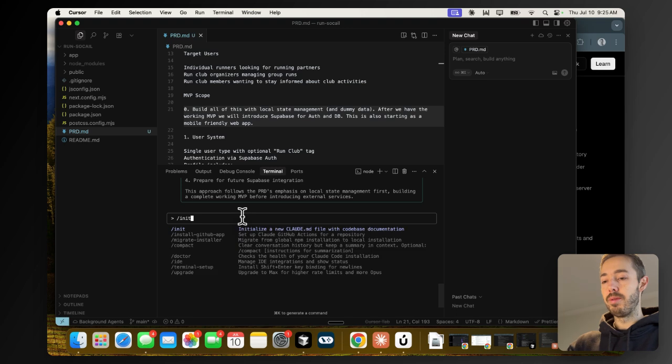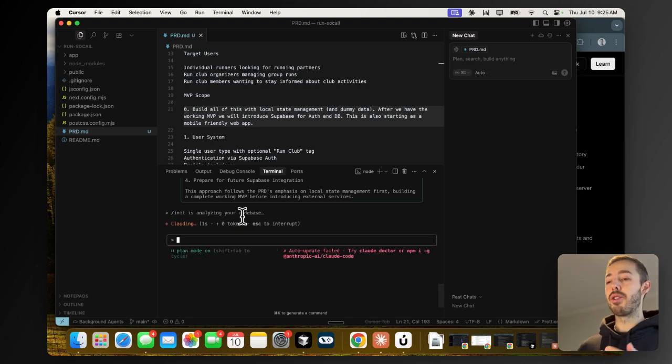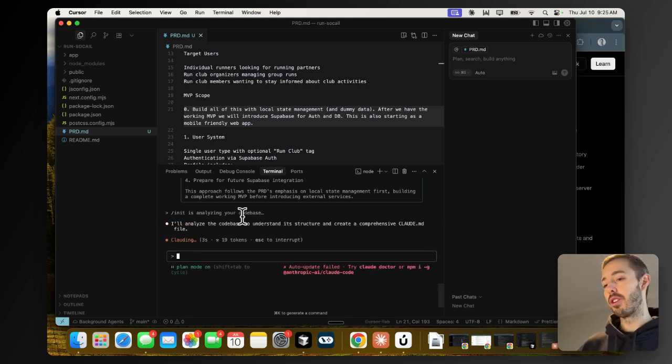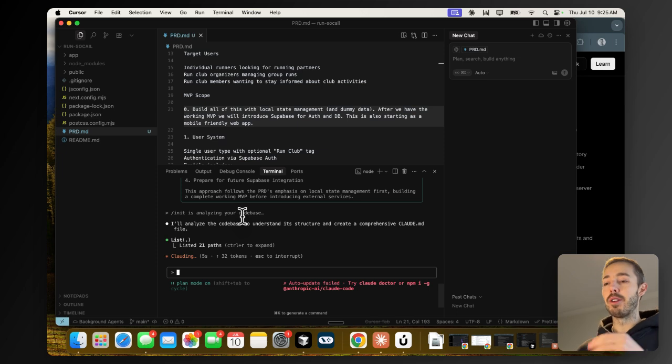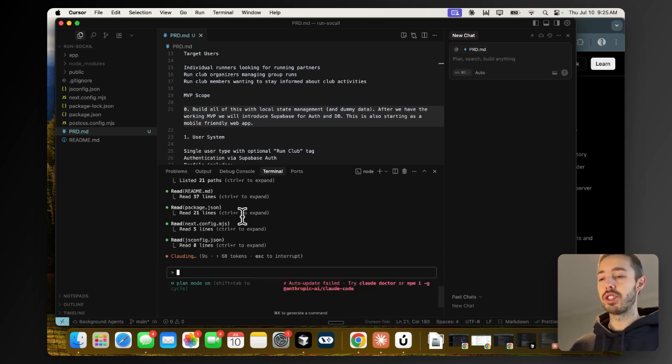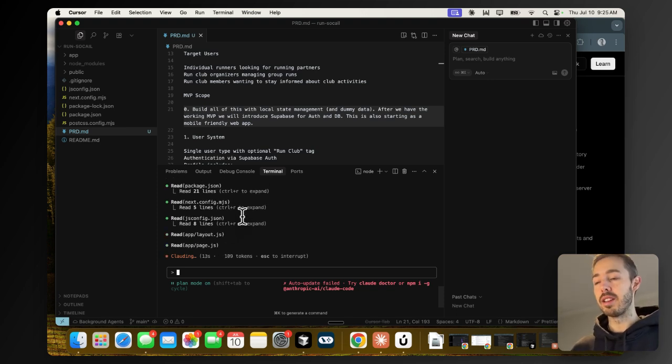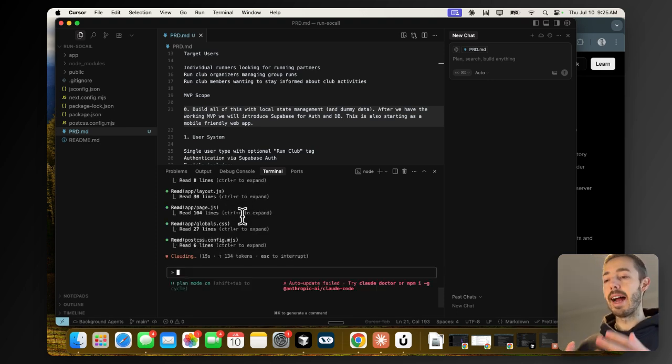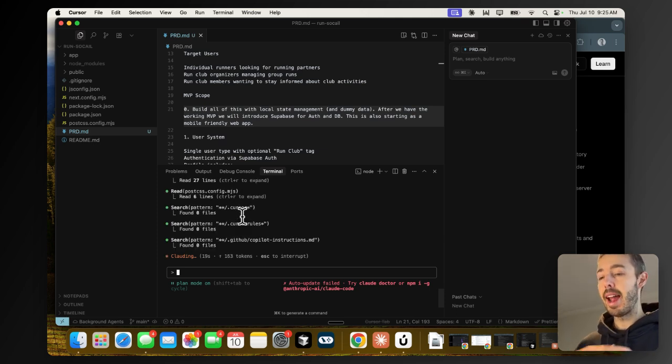But what I want to do first is just make sure it fully understands the code base. So I'm going to force it to actually fully unpack the structure and any other files that might have been in here. So if we were adding in any more requirements or screenshots or any other links, then we ultimately want that to be in the context of